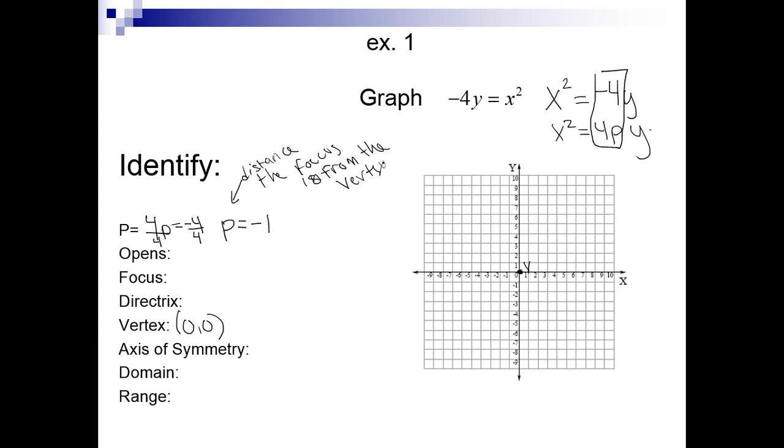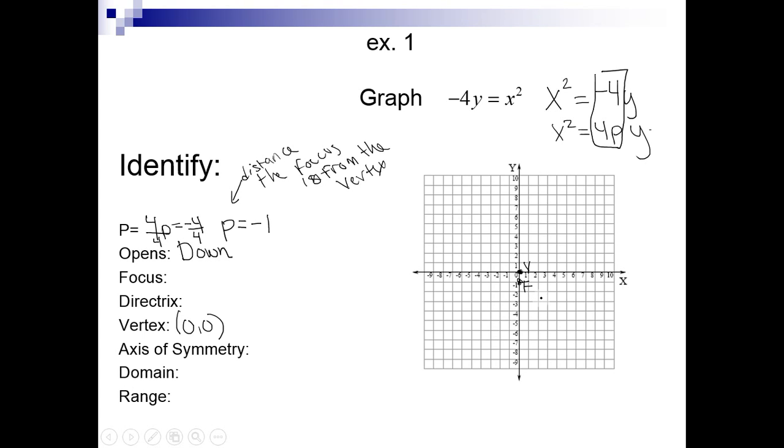Now, since my p is negative, I know I'm going to be opening down. So what I'm going to do with this p is move from my vertex and move down p. So down 1. So I'm going to put a dot right at -1 here. I'm going to label that with an F